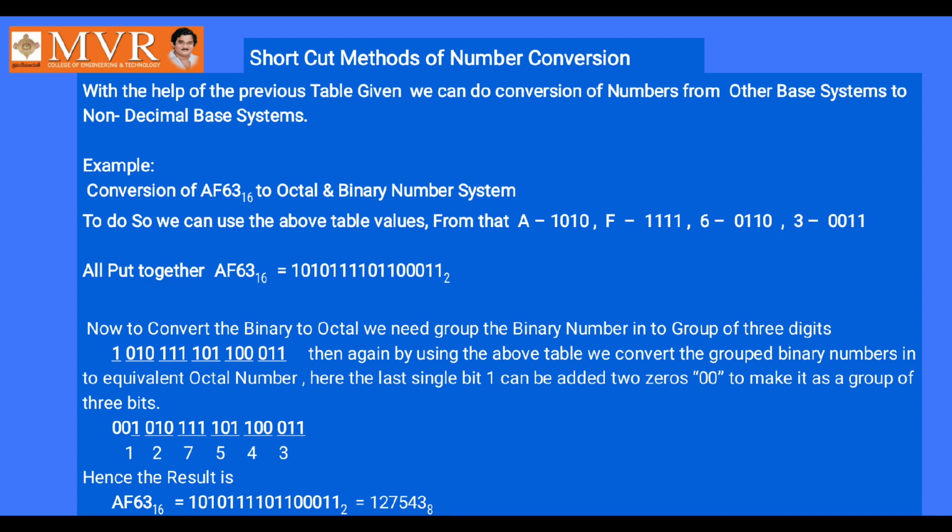This is one of the shortcut methods. You can use it to convert any other number system to a non-decimal number system. Like that, if you give any octal number to convert into binary or hexadecimal, first you write that octal number into binaries. When you write an octal number into binaries, each octal digit will be only 3 positions. If the octal number 346 is given, you will get 9 bits, either zeros or ones, whatever it is.